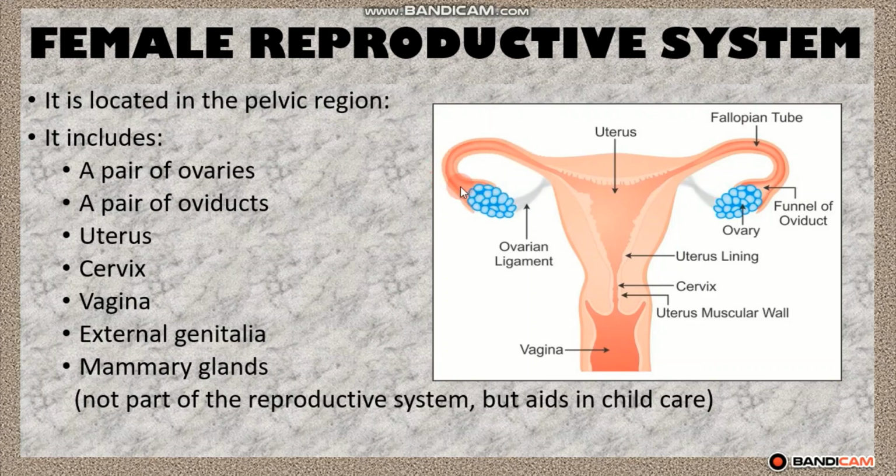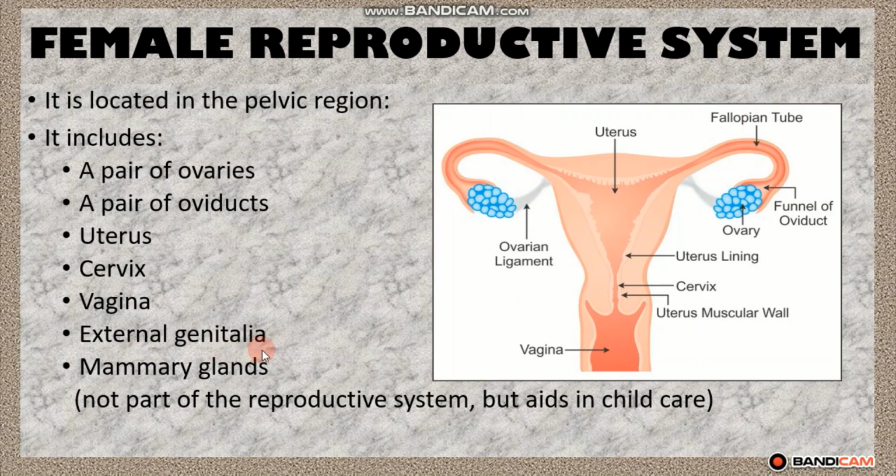We will discuss the functions of all these organs. Now you just see the location of these organs. This is the ovary and this is the oviduct. Uterus, this is the cavity, you can see here, this cavity is known as the uterus. Cervix, this is the pathway like structure, this is the cervix. Vagina, the part below the cervix is known as the vagina.